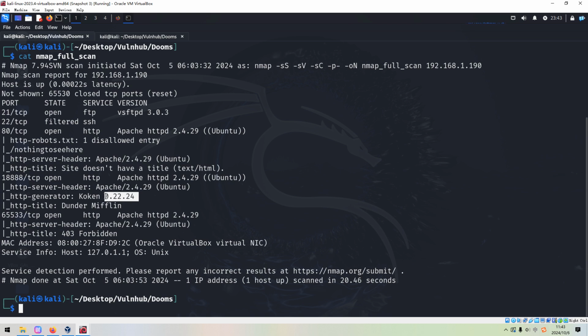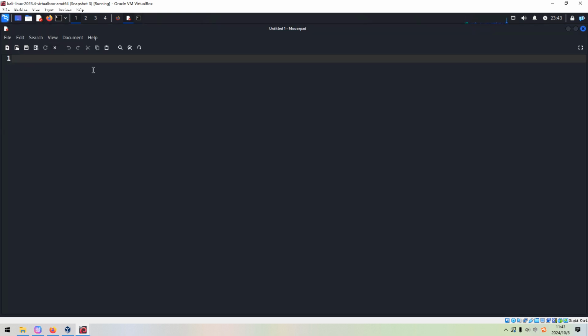So later we can check whether this is vulnerable. The last one, 65533, is running HTTP service and also the version information. However, we got the title forbidden. A bit interesting. So I think we can note down such information before we move forward.